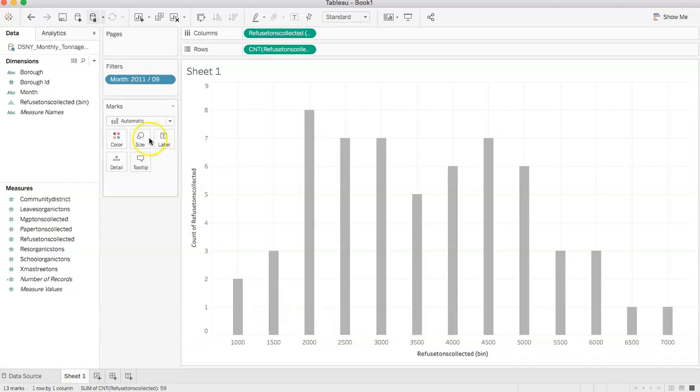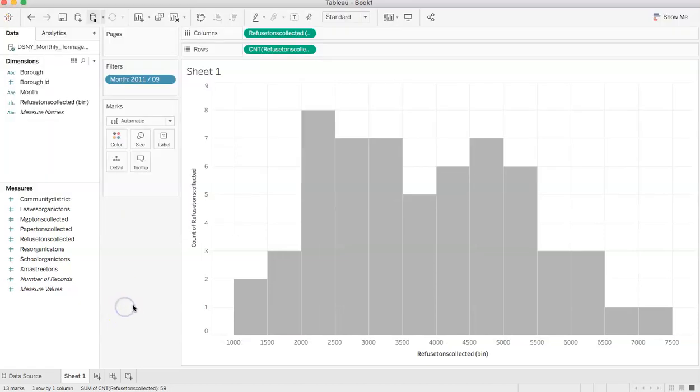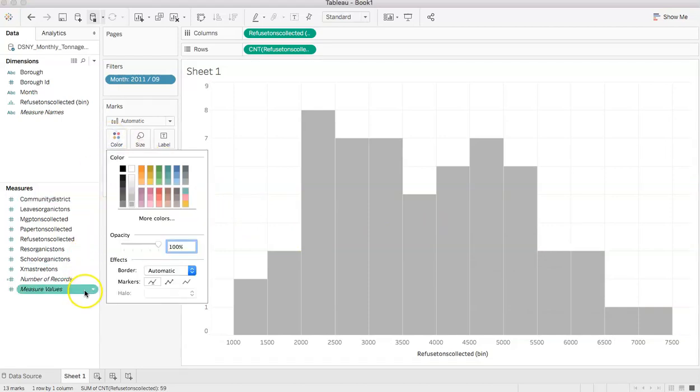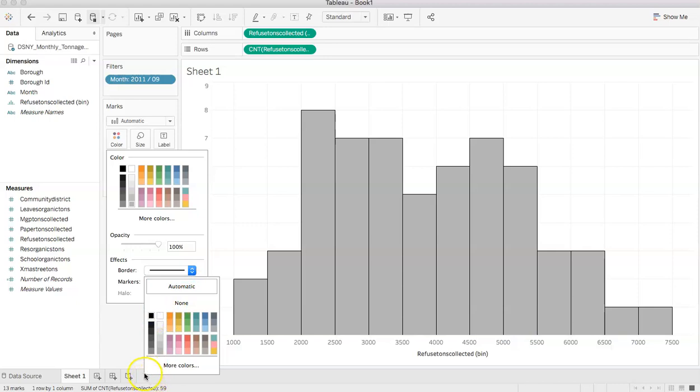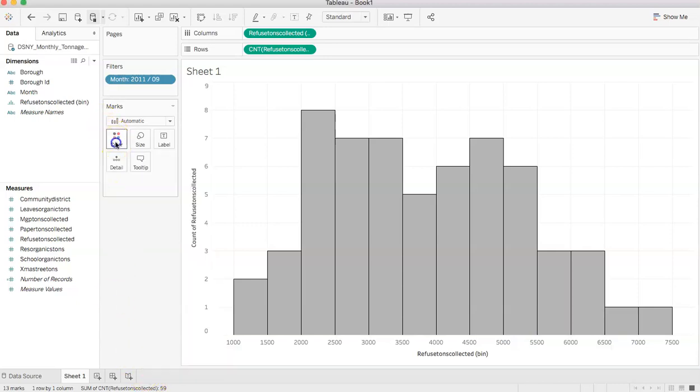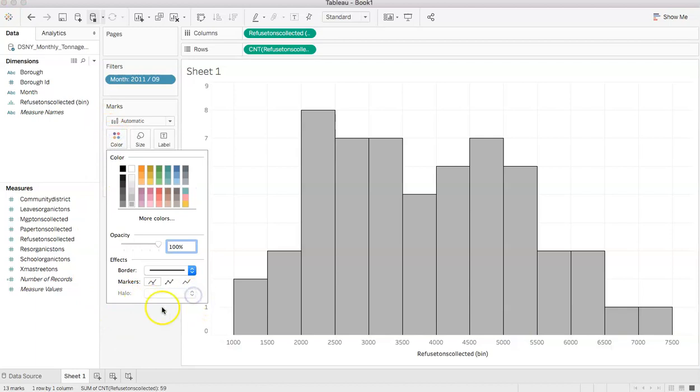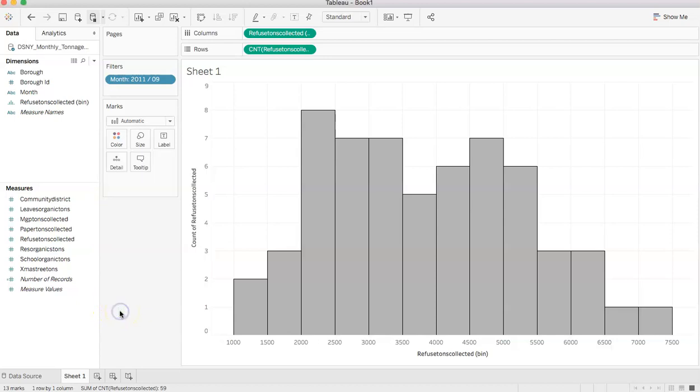Okay, so now what we just need to do is go back to here, fixed. And so we've set the binning there, and what we see is a much better readable distribution. We can play around with the color some more. Like, we can look at the border effects and maybe give it a black border. How's that? And here